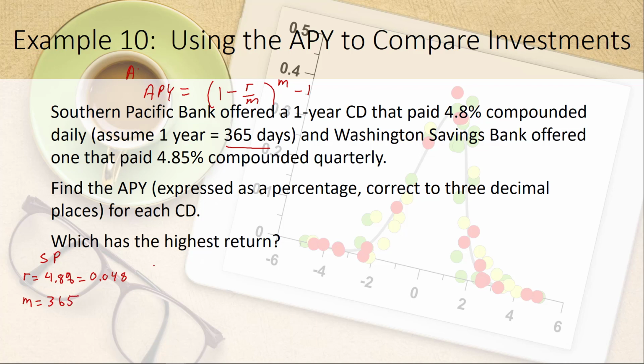With that, we have that the APY is equal to 1 plus 0.048 divided by 365, raised to the 365 power, minus 1, and that will give us a value of